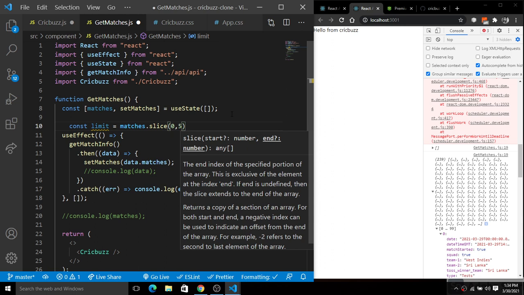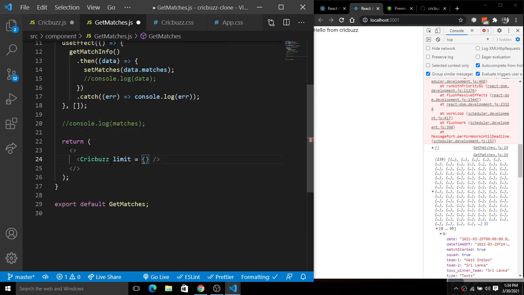We'll pass this limit to the quick buzz as a parameter, or the props, properties here. So we have this limit, and here we'll simply pass that limit just like this, right? So we have passed this limit here.